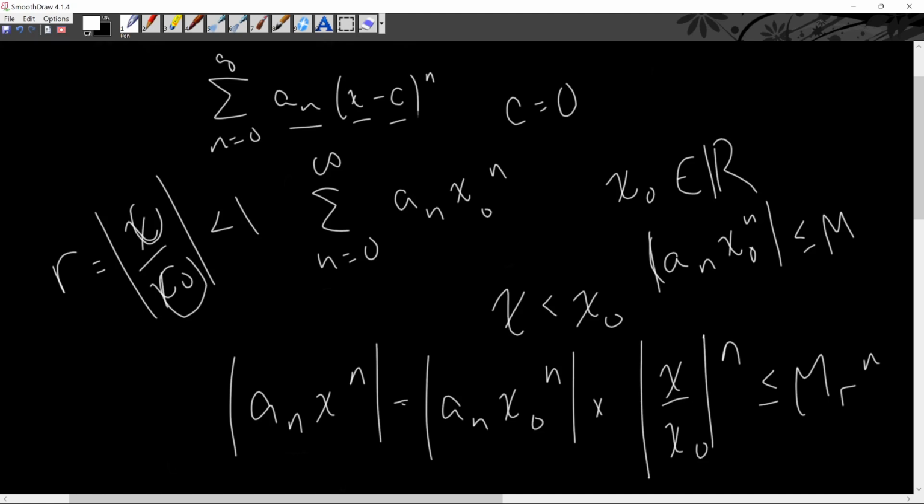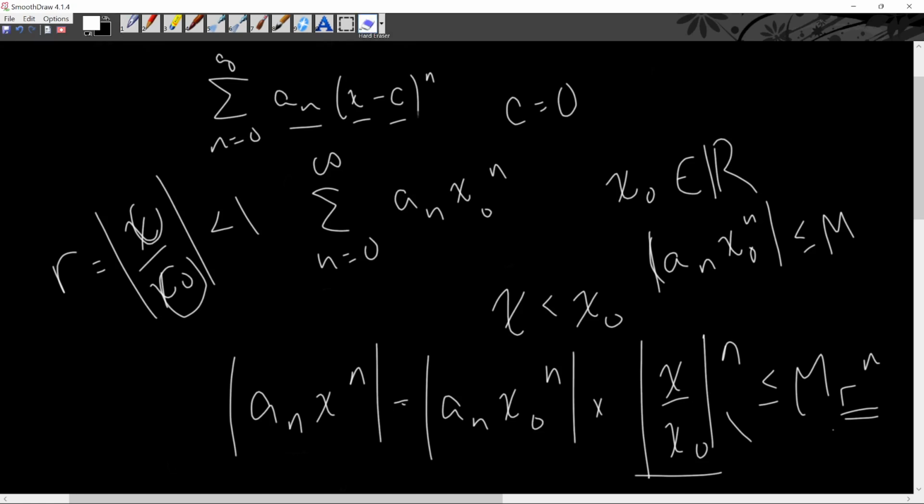So if you multiply r to the n to both sides, if we assume that r is equal to x over x sub 0 to the nth power, this should converge to 0, and this should converge to 0. Well, it's not technically converging to 0 just yet, but it's negligible at a certain n value, right? So